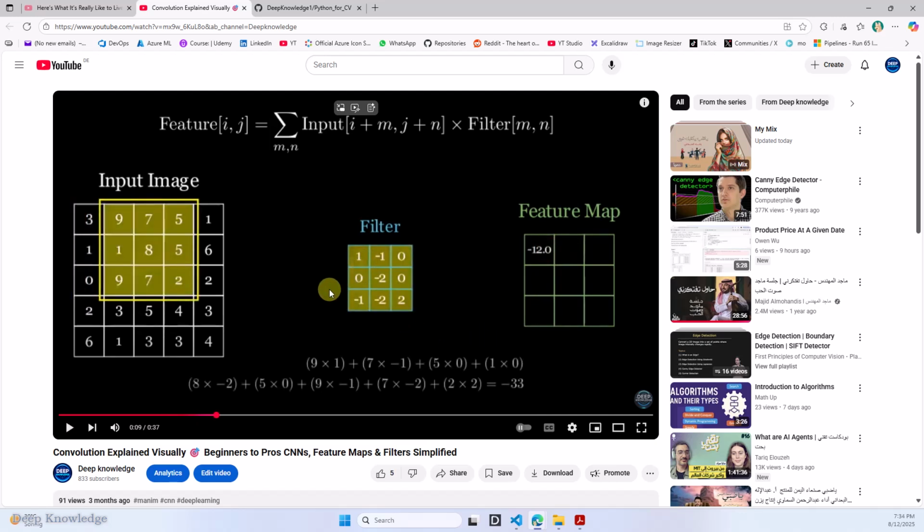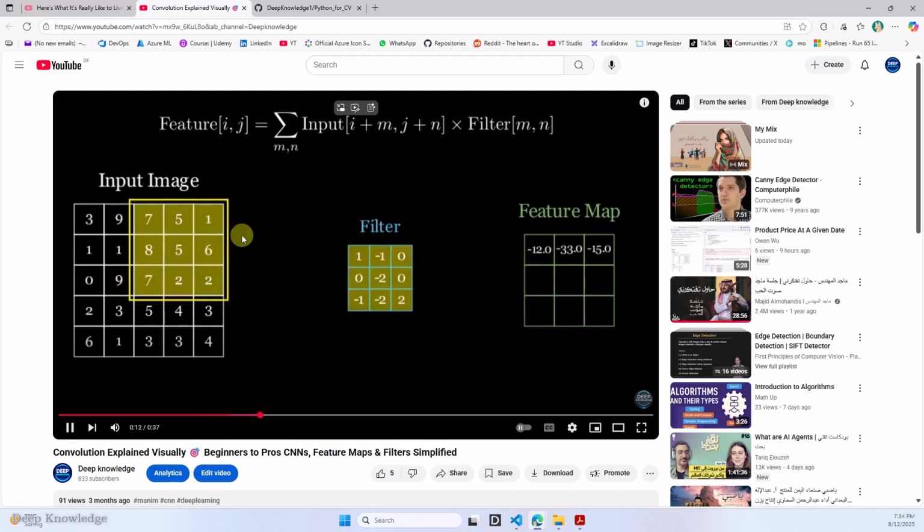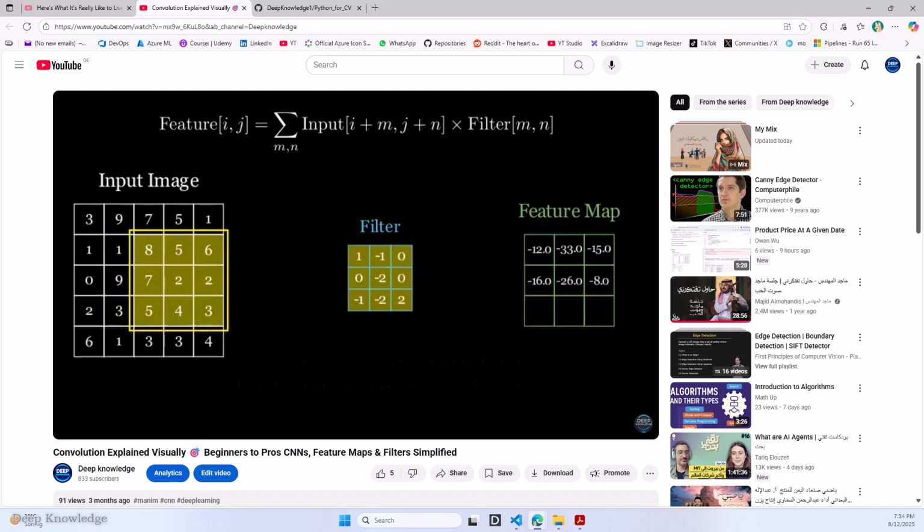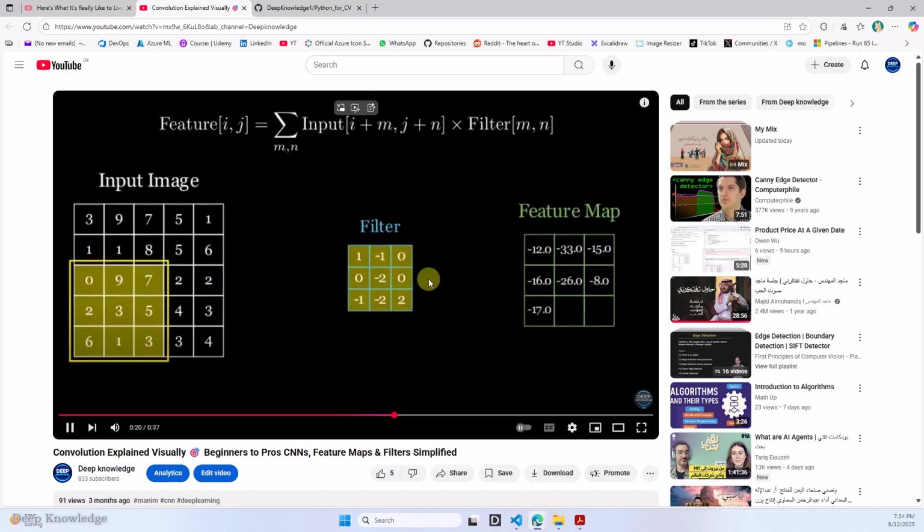And next time you will move one pixel. So the last time we were here, now we are here, so we move one step. I will do the same calculations, as you can see here, until we have covered the whole image. This is called a sliding window. After covering all the pixels, this is called the